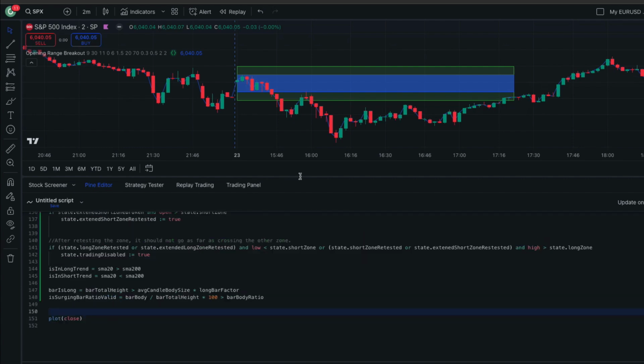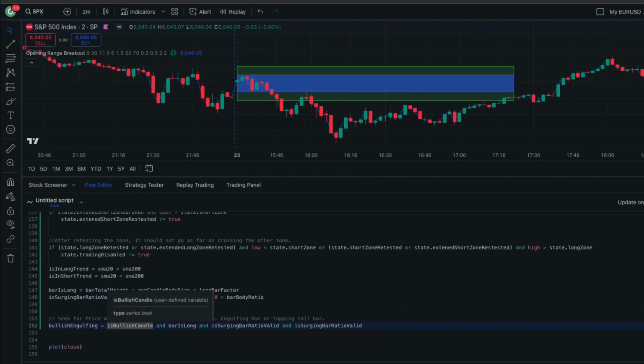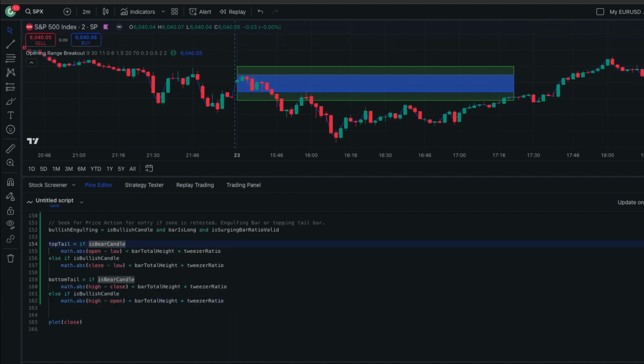Now let's seek for a bullish engulfing candle or the bearish engulfing. If the bar is bullish and it is long and it is surging, we also want to check for a topping tail. This is just the formula for calculating if you have a top tail or a bottom tail. We just check the ratio of the body to the height,